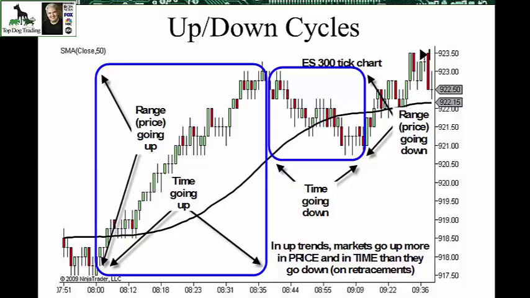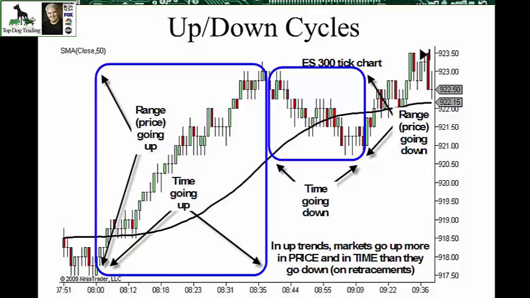Welcome to this fourth in the series on trading market cycles. Today I'm going to use an example trading ES futures cycles, but this applies equally well to the Forex market, day trading, swing trading, stock market, futures, whatever you're trading, because it really has to do with the way that